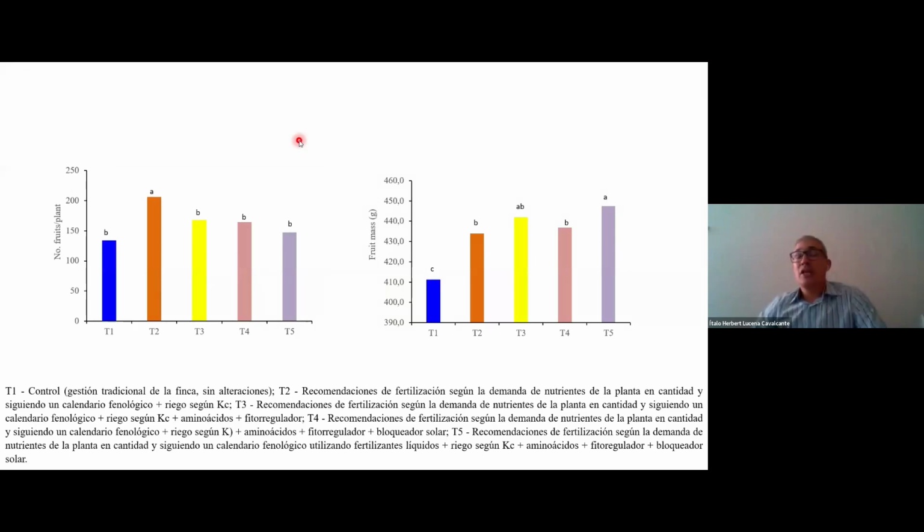So among the treatments above T2, T2 performed the best. But when we looked at fruit mass, and this pertains to fruit number, but when we looked at fruit mass, this is very interesting because the farm level at T1 had this level, then the subsequent treatments. Then when we got to T5, we could see a fruit size that was much greater than the rest. But we have to look at this